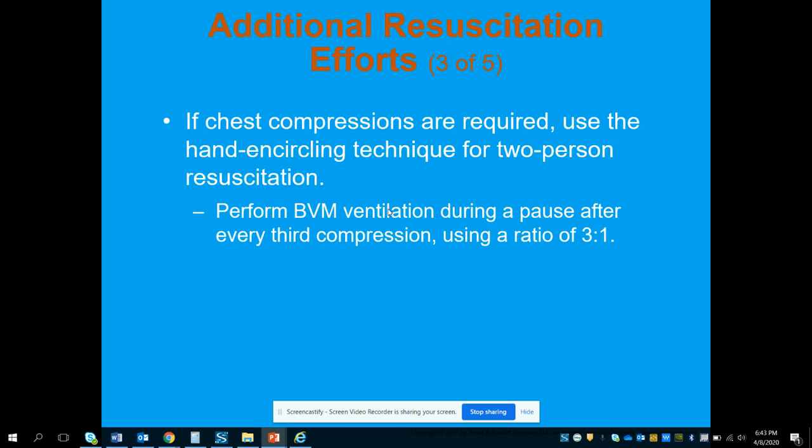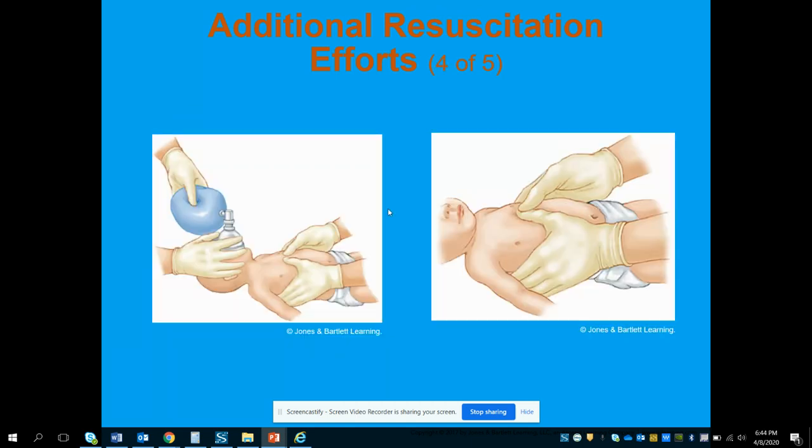If chest compressions are required, we would fall back to those AHA guidelines. If you are by yourself, you would utilize the 2-finger technique going at 30 to 2. If you are 2 people or more, you would use the thumb encircling technique, and you would do a ratio of 15 to 2. I know this says 3 to 1. That's an old ratio, so it's 15 to 2. And these are just the demonstrations there of the thumb encircling technique,